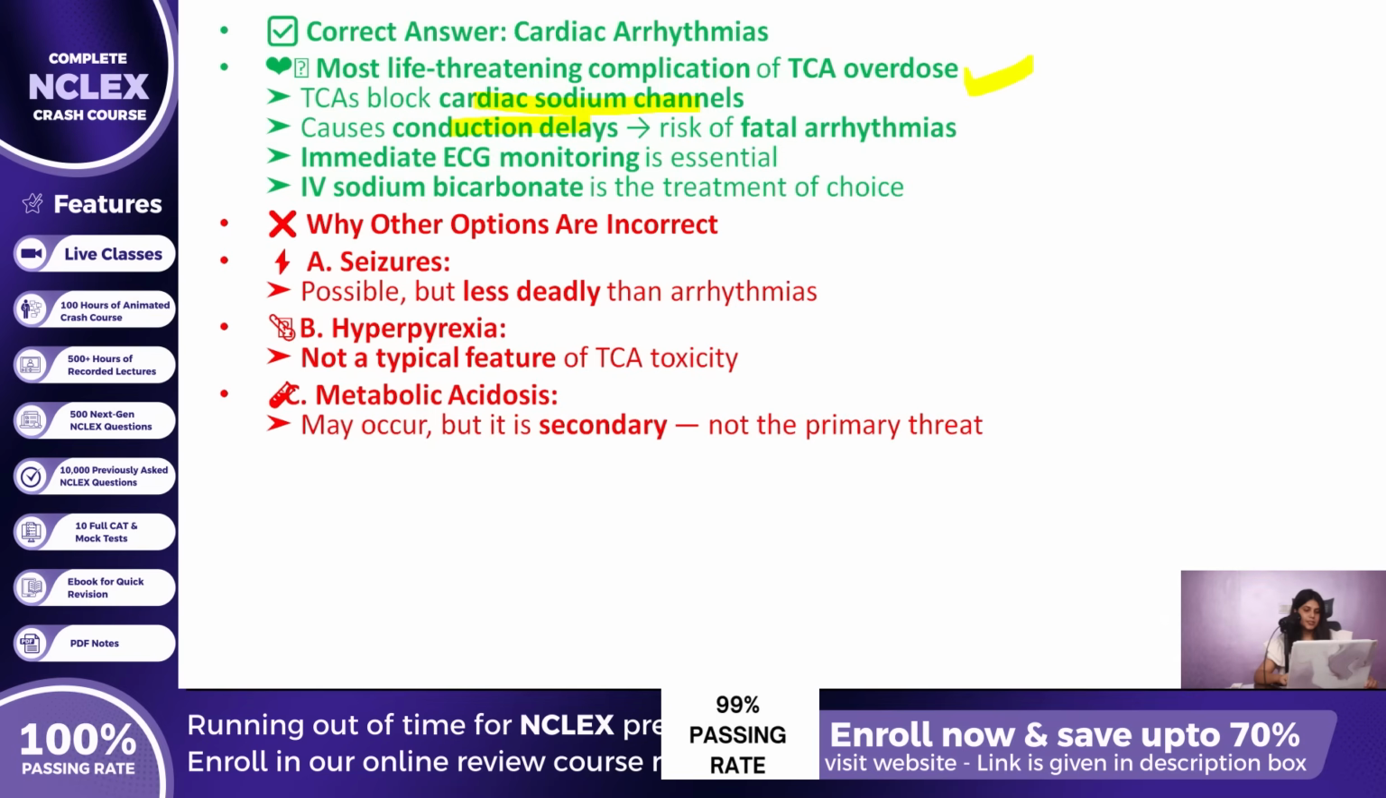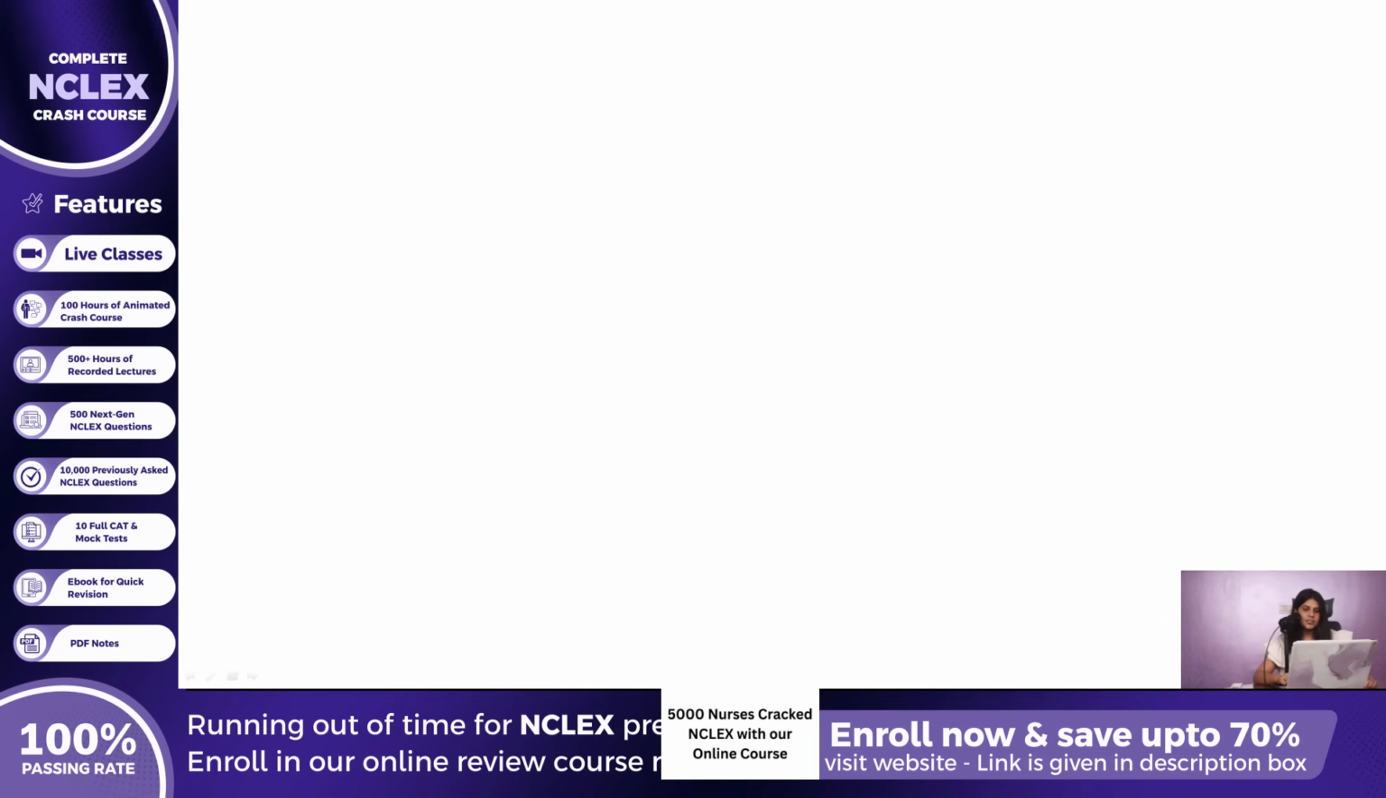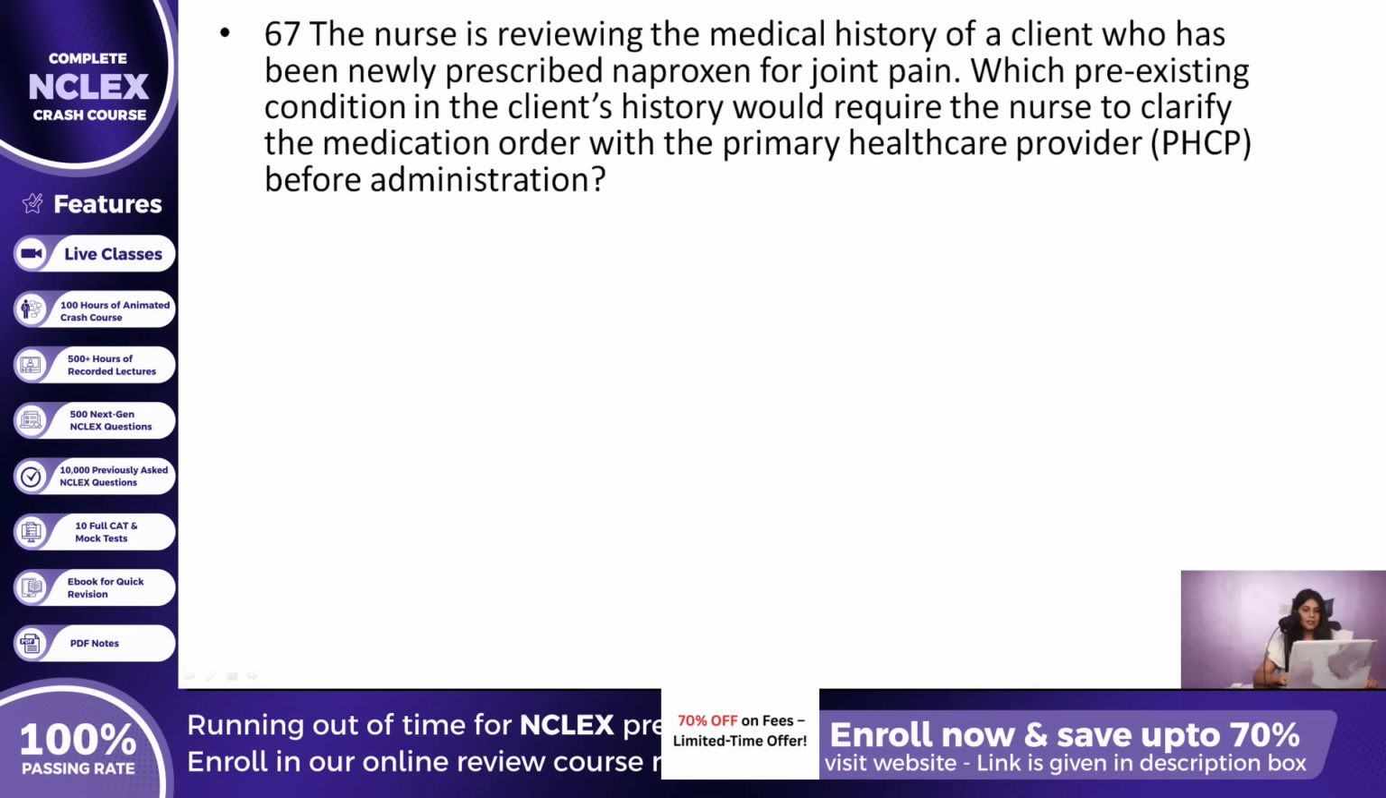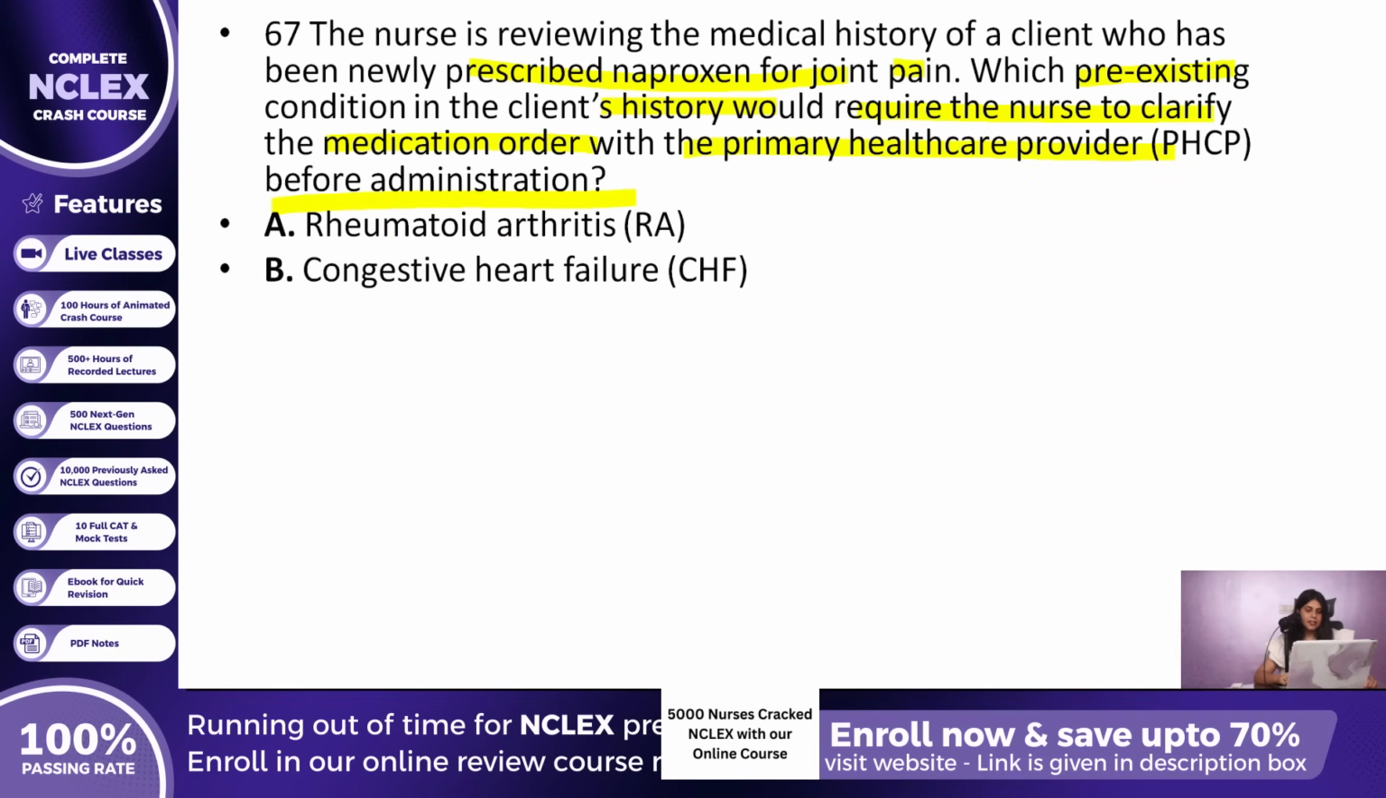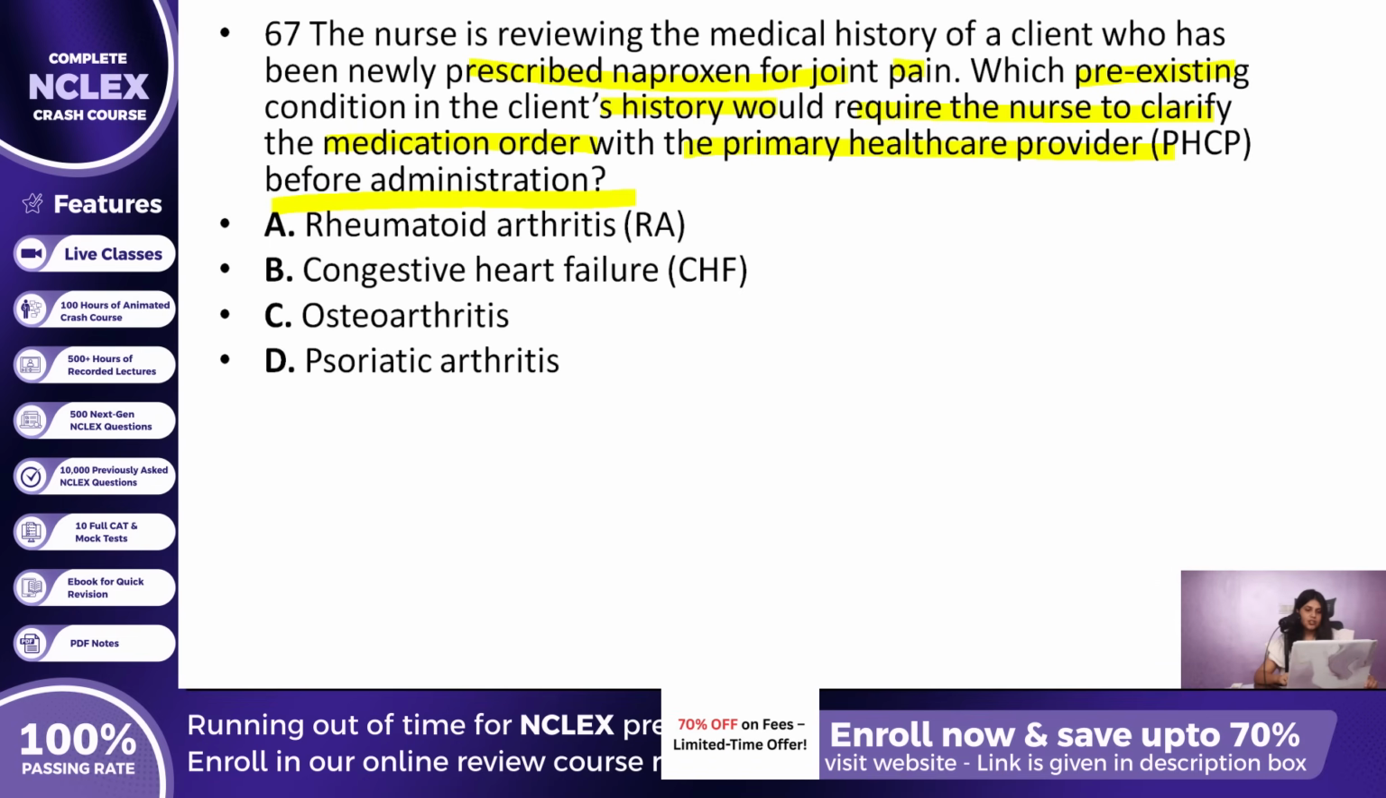Let's focus on this question 67. A nurse is reviewing the medical history of a client who has been newly prescribed naproxen for joint pain. Which pre-existing condition in the client's history would require the nurse to clarify the medication order with the healthcare provider before administering it? The options are A, rheumatoid arthritis, B, congestive heart failure, HF, C, osteoarthritis, and D, psoriatic